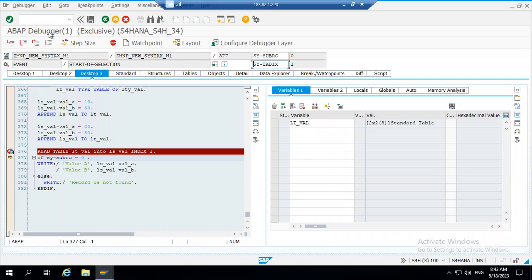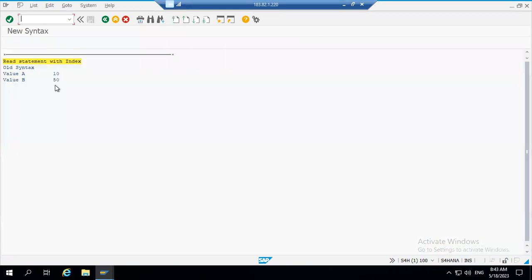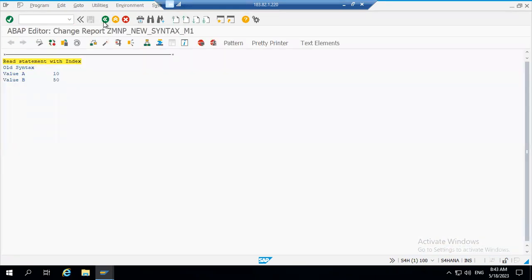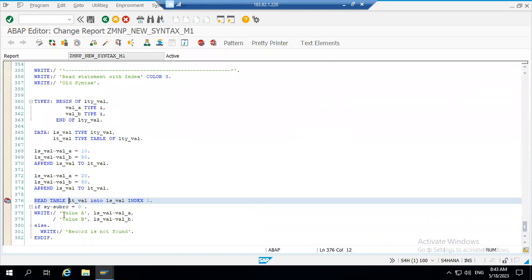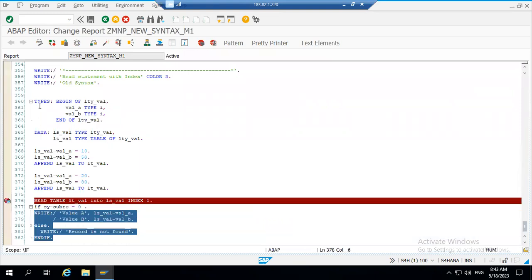Okay, so here I'm reading the first record, then size of is equal to 0, then it is printing. Okay, so this is the old syntax. When it comes to the new syntax,